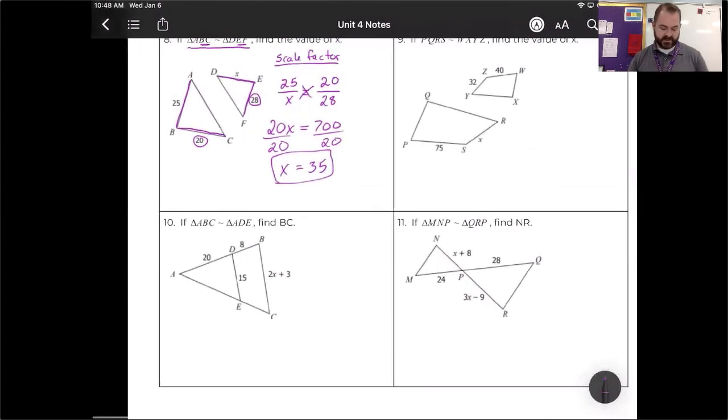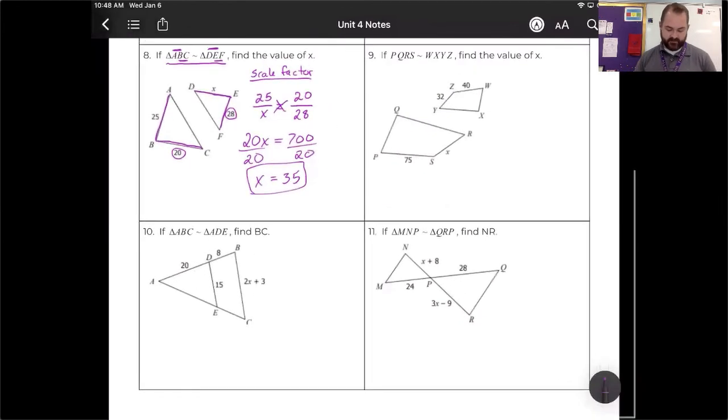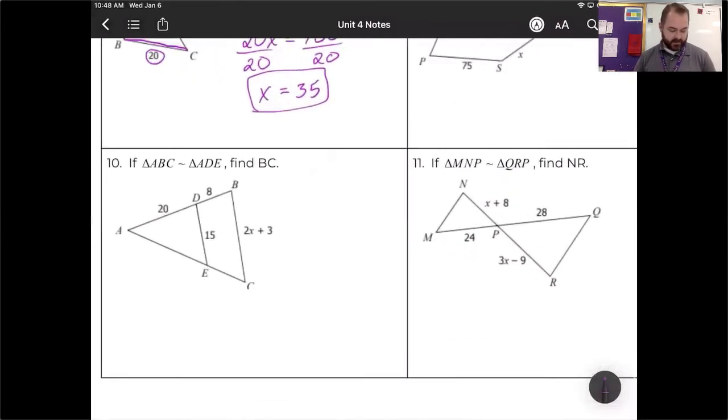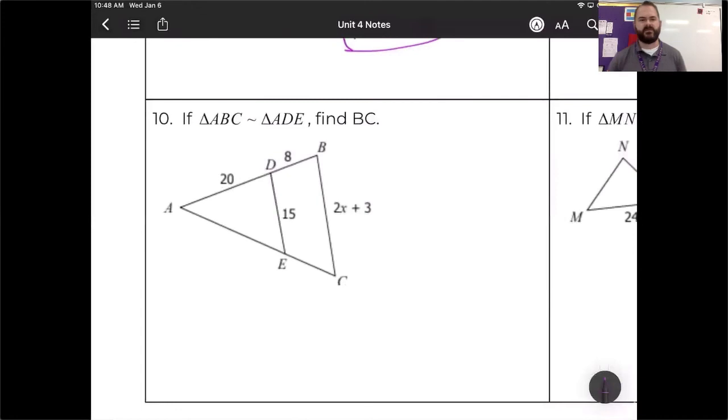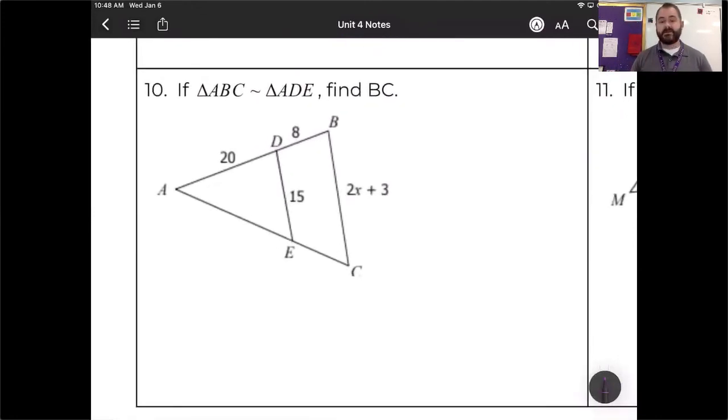All right, again, we're going to skip number 9. You would do that in a very similar fashion to number 8. We're going to go down to number 10. To try and keep these videos a little shorter, I'm going to skip around a little bit. So this time we're going to set up a proportion again, but we're going to have to do some algebra